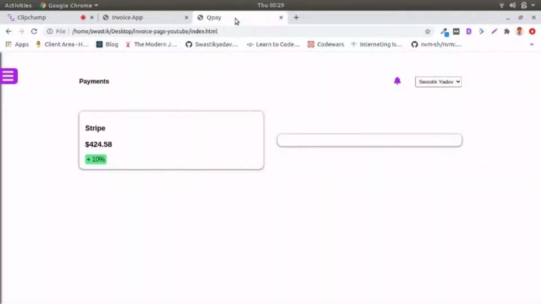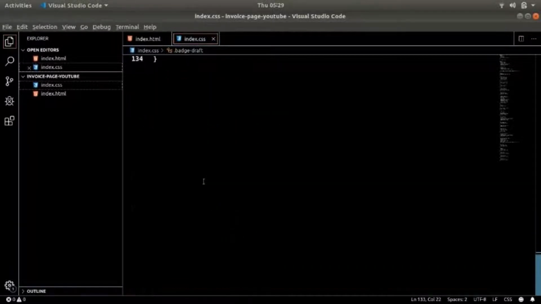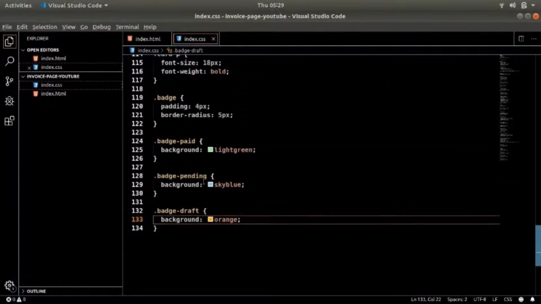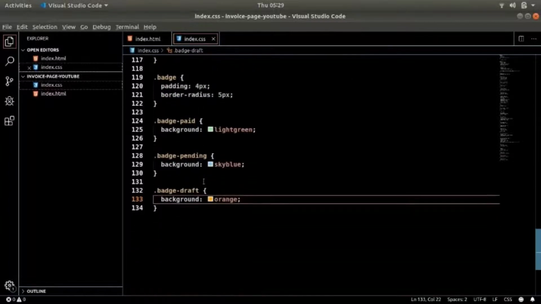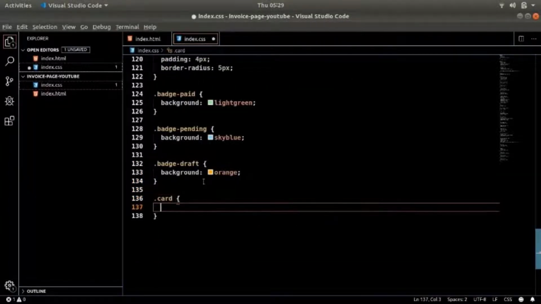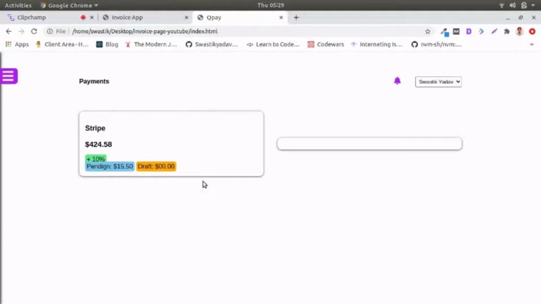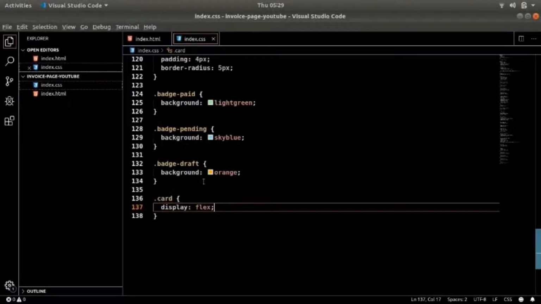Let's take a look. Here we have it. Perfect. Now they are coming. Of course it will start from a new line, so we need to make them flex so that they are aligned side by side. So we need to make flex of what? The card, only card. Okay, so I'll do card because card is the parent of both of them. So display: inline-flex, and with that, there we have it.